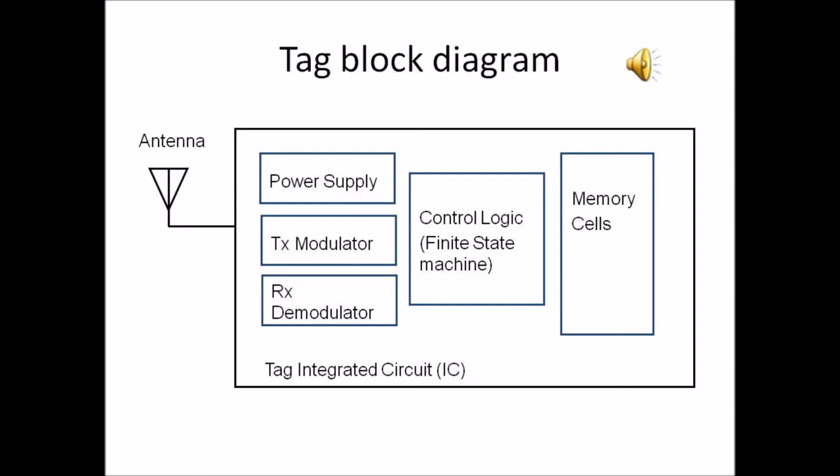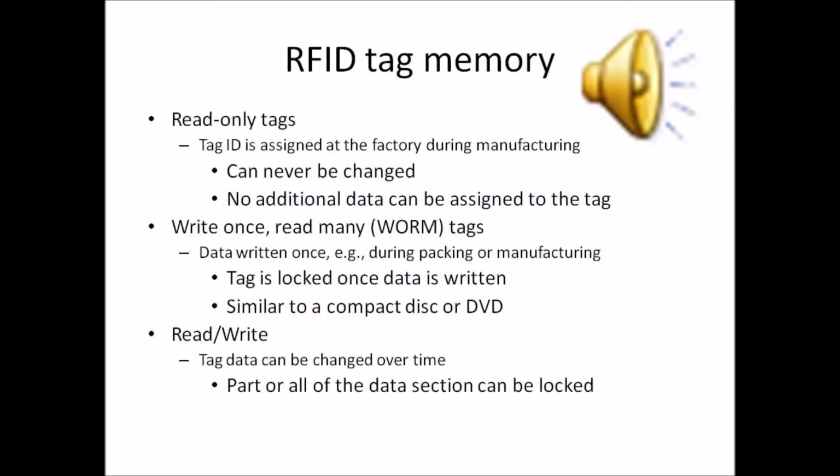the RFID tag, which is given as tag IC, and then it has an antenna, as we have seen, the thin filaments which run throughout the rectangular shape plastic foil, and then depending on the active or passive, it will have a power supply, and the transmission will be modulated, and when you decode it, it will be demodulated, which is your reception unit, and then the details will be stored in the memory cell, and you will have a basic control logic to operate.